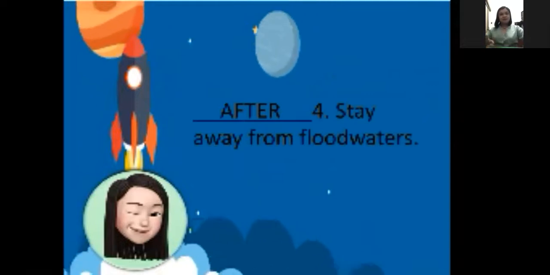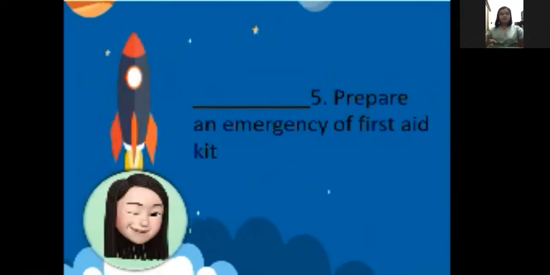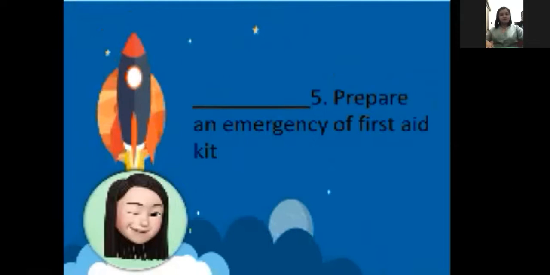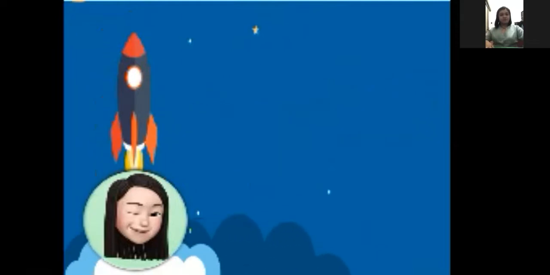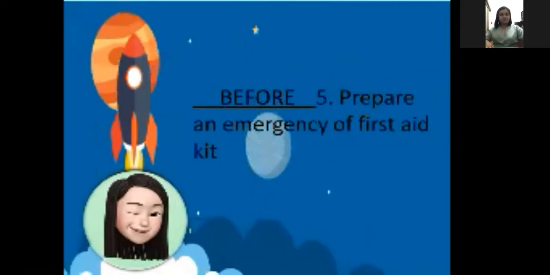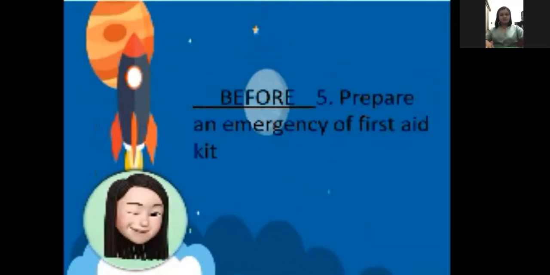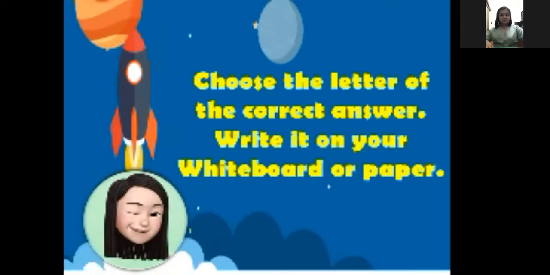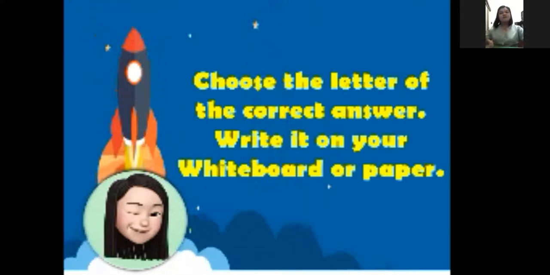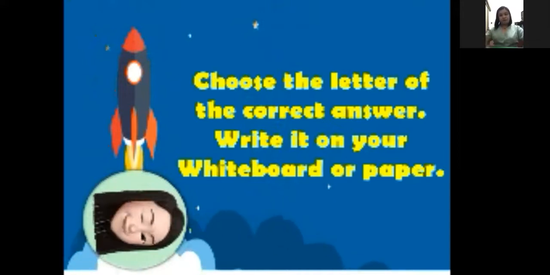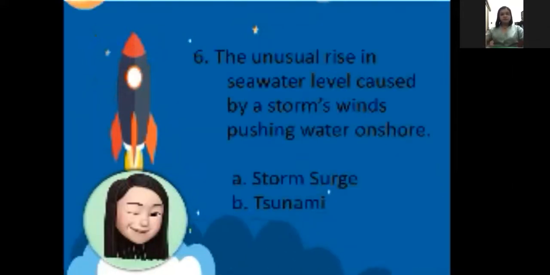I think we have 10 items here. Number five. Number six. For number six, you need to choose the letter of the correct answer. Again, write it on your whiteboard or your paper. So for number six,